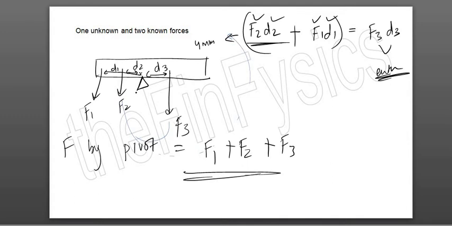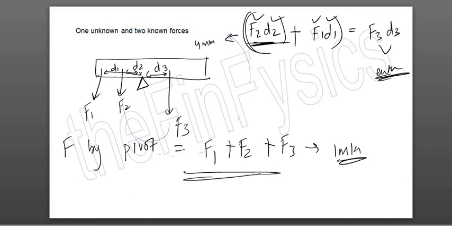Are we clear? Many times kids get confused with moments and forces. Okay. So moment is the product of force and perpendicular distance from the pivot. Okay, in the last part, you don't have to add the moments, you only have to add the forces. This will come for 1 mark. So 2 marks based on this, around a 4 to 6 mark question to find F3 or D3, and a 1 mark question over here to find the force exerted by the pivot. So around a 7 mark question will come in the paper based on this. Okay, so this is what you have to remember about moments.